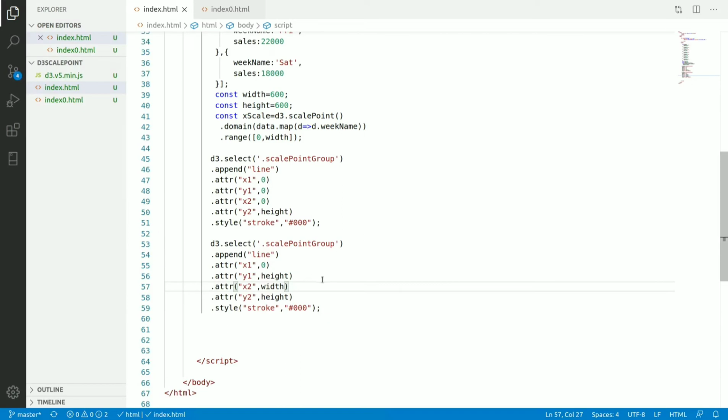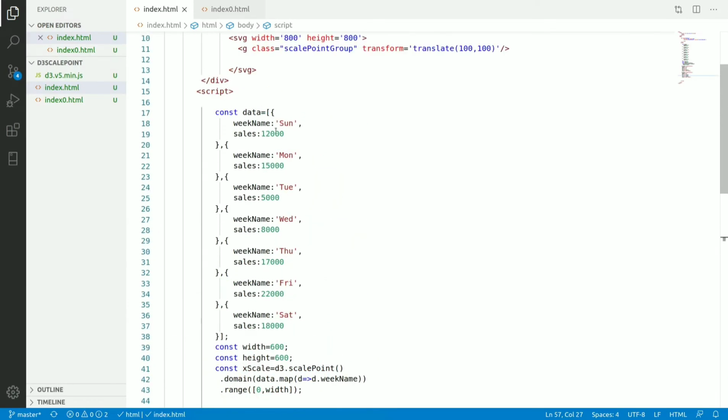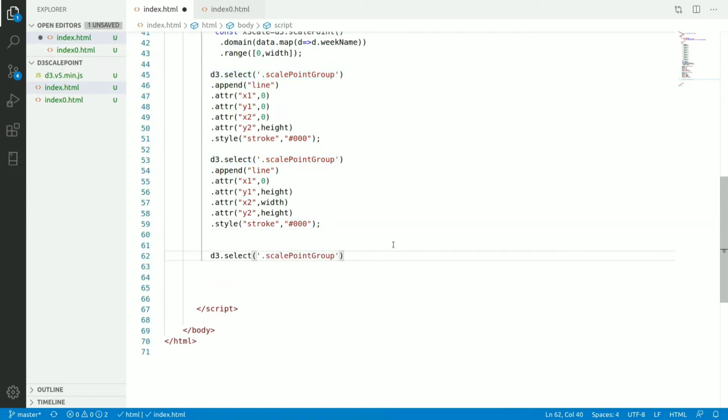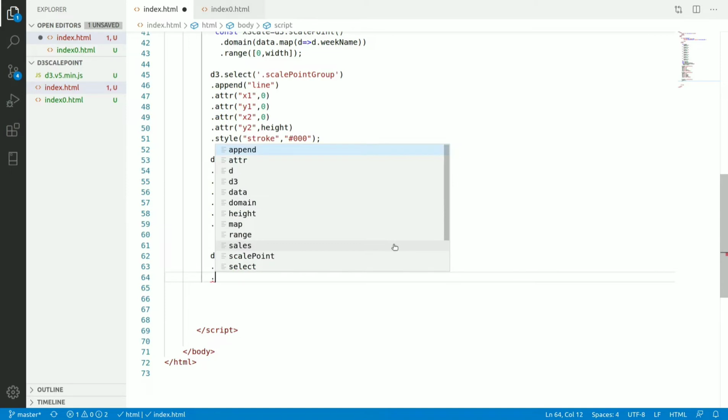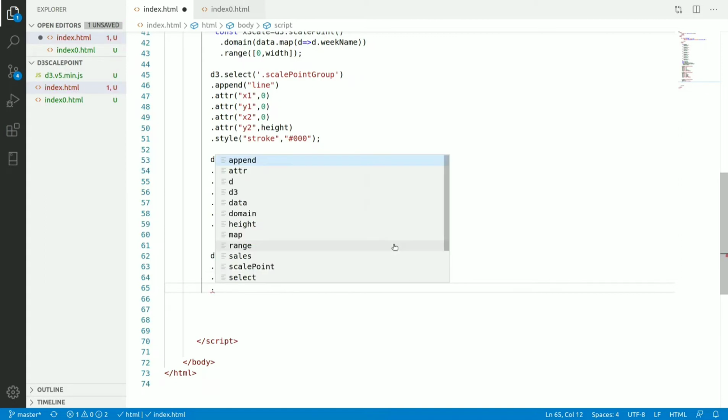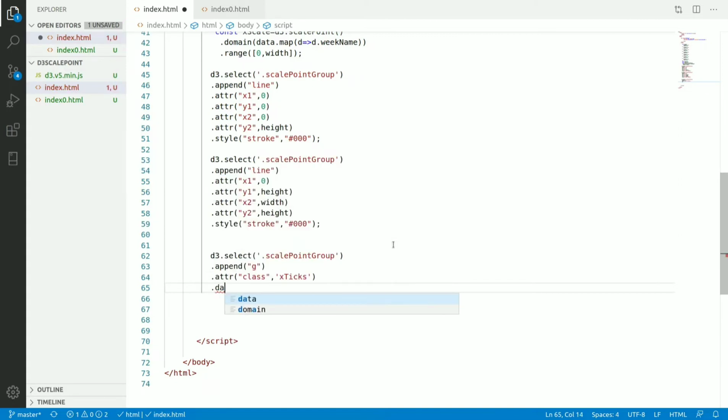Now I want to put the ticks first, that is Sunday, Monday, Tuesday for this x axis. How can we do that? As you have seen in my previous videos also, I append a group element with attribute class equal to x ticks, then selectAll.